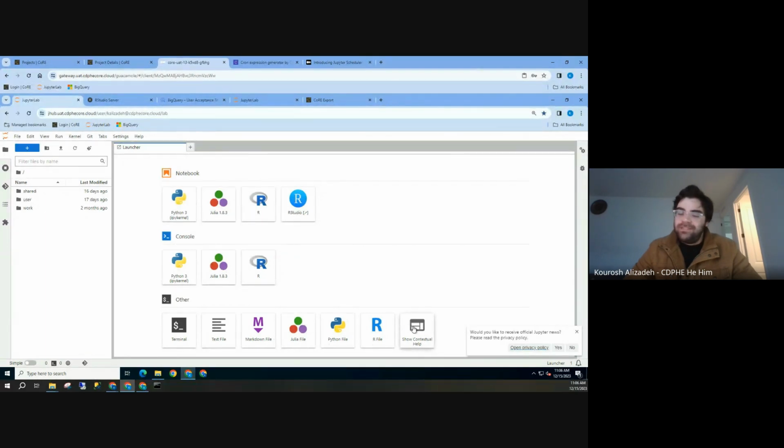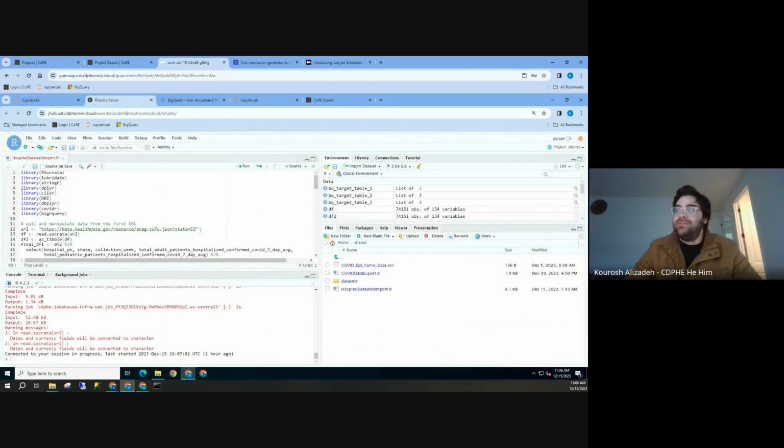I presume because this is the R study hall, you'll want to use R. So you can launch RStudio, and you can see I've got my RStudio instance running over here. Now, notice this does not use my local machine's compute. It does not even use the virtual machine's compute. It uses Jupyter Hub's compute, which can be allocated more powerfully than your local machine or your VM might need.